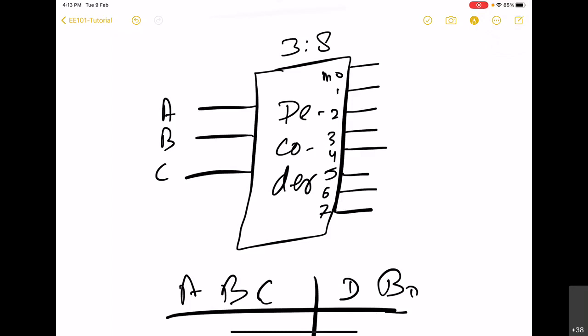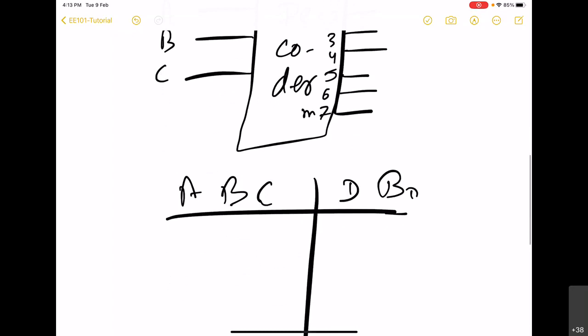For example, let us call them M0, M1, so on and so forth, M7. Why? Because you see that based upon this ABC value, only one of these M outputs will be high at any given moment of time and rest all will be zero.